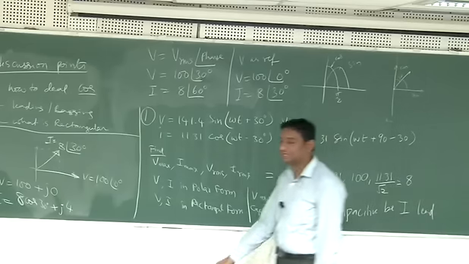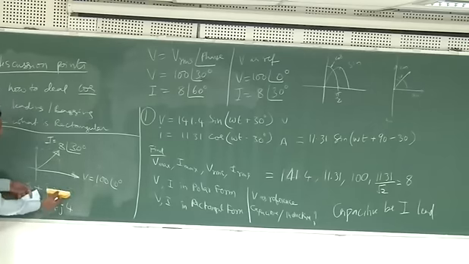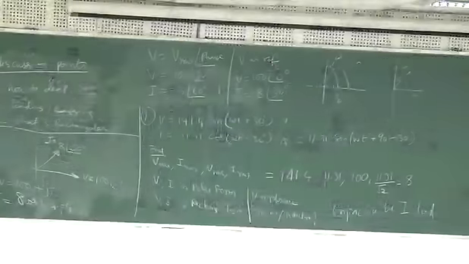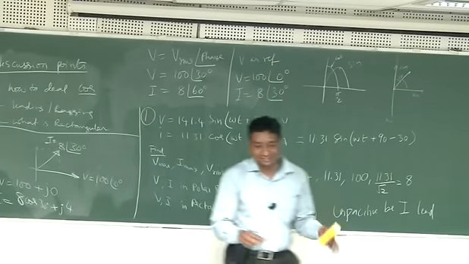Now some people can argue, what if I look at this one, I and then V is lagging, therefore it is inductive. So whether it is leading or lagging, always you should find out V as the reference and then find out where is I. With reference to V, if I is leading, then it is capacitive. With reference to V, if I is lagging, then it is inductive. Okay. So this is the first question, which is the easiest question for today.